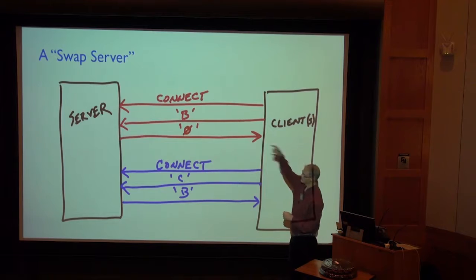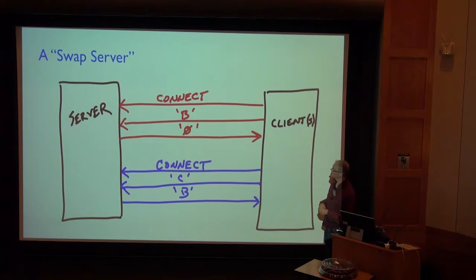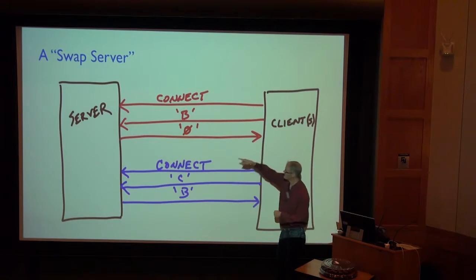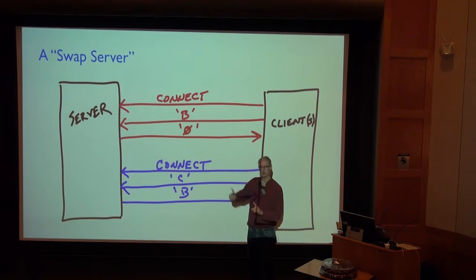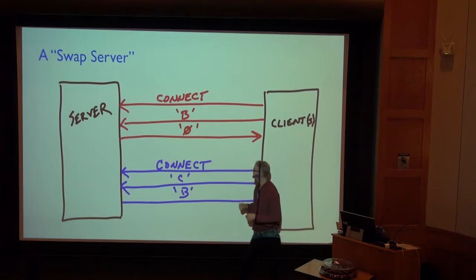A swap server sits on the network like a web server, and it engages in the following interactions. So first of all, you connect to it in the usual way that you connect to a web server by opening a socket connection. You send it 1 byte. Actually, I think in our actual swap server, we send 3 bytes at a time. But anyway, you send it a message, and it sends you back not the message you sent, but its initial state, some constant that it was initialized with.